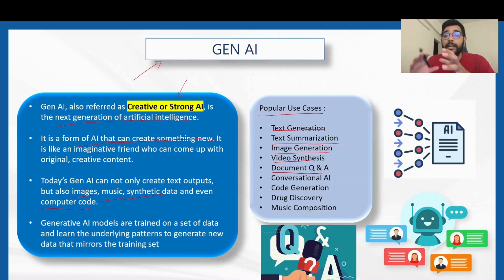You ask questions related to a document, it will give you an answer. That is another form of generation. Conversational AI, the chatbot that we talked about. Code generation, you just give a prompt that you want a code for this particular problem, it will give you a code with respect to any language. That is another form of generation. Drug discovery, music composition. So generative AI is used for generating. That's a part of AI that is used for generating stuff based on historical patterns that it has learned from